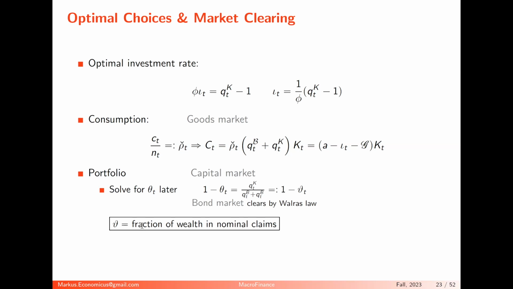It's the same for everyone, yes. So it's a good point. So the iota will be the same for everyone. The consumption net worth ratio choice will be the same for everyone, and the portfolio will also be the same for everyone. Remember, we're in a one sector world. They're all the same. There's just wealthier or less wealthy. They're just scaled-up versions of each other. So you're 10 times as wealthy as me. So your consumption will be 10 times as high, but your consumption net worth ratio will be the same. You always have 10 times as much as me.